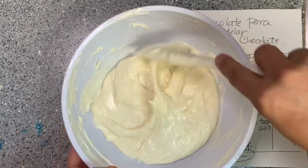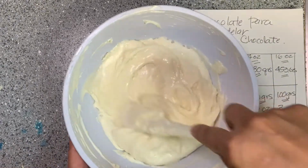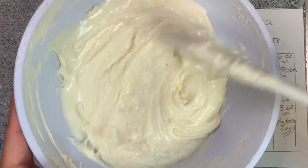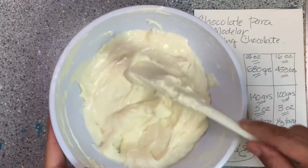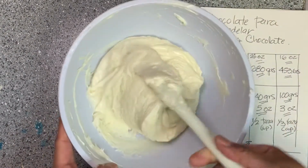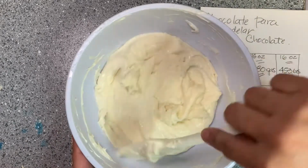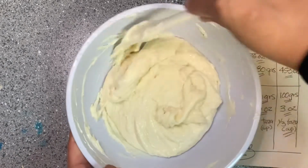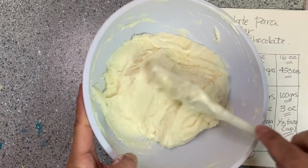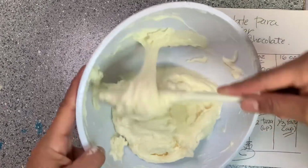I mean, you can fix that chocolate, but if you can do it right since the beginning. So you see, it starts changing the consistency. It's more like a batter, cake batter, or it's almost done. As long as I don't have any lines of corn syrup. I still have here a little bit of chocolate. I just made sure,